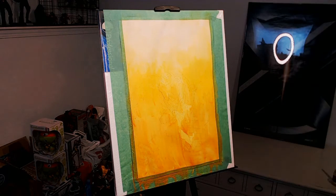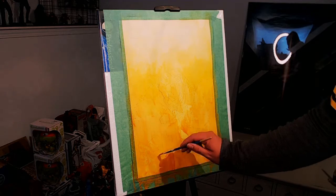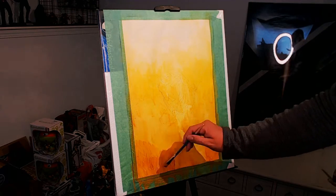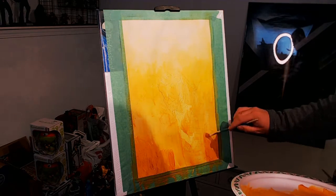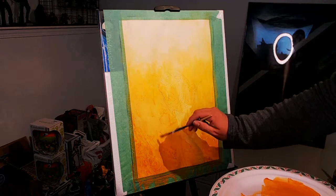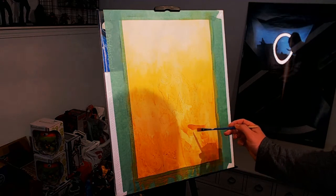So now I'm just giving it a little bit of a texture feel on some of it, just to give it that cloudy looking sky. And here's that little darker orange, brownish color, just to give it that feeling that I wanted to give. Make it feel like this is super early morning New York. The sun's just rising, so everything just looks a little bit dank and gross in the morning. Even though I'm not saying New York is gross in the morning, it's just that this is the feeling that